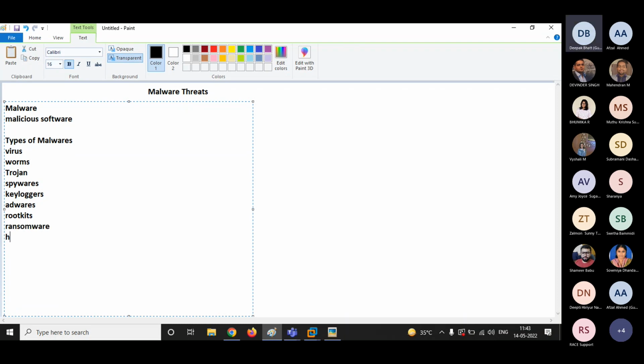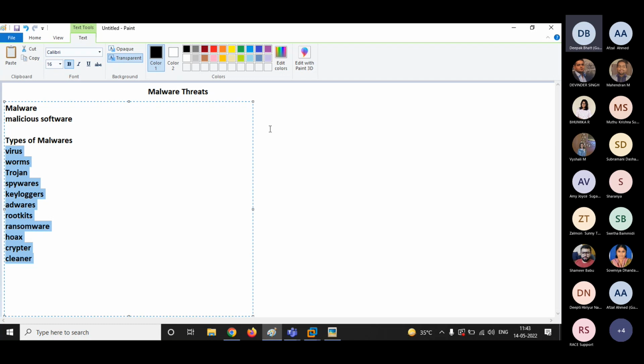Apart from that, we have hoax, and script. Botnet is not a malware. It's a combination of compromised machines. Okay, so these are the types of malware we have. We are going to discuss all of them one by one.